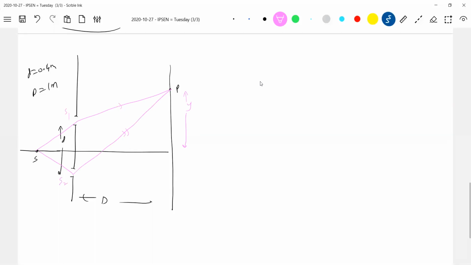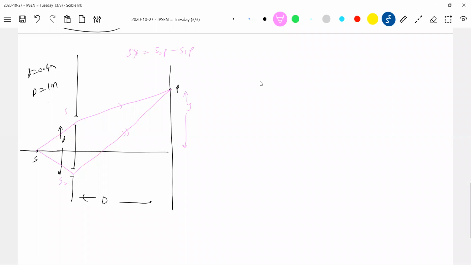So calculate S1P, calculate S2P. Then what is the path difference? The path difference should be equal to S2P minus S1P. You should not use the above formula. Any reason for that? d is not very much less. If d were of the order of a millimeter, then okay. But d is 0.4 meter, not negligible. You should not use